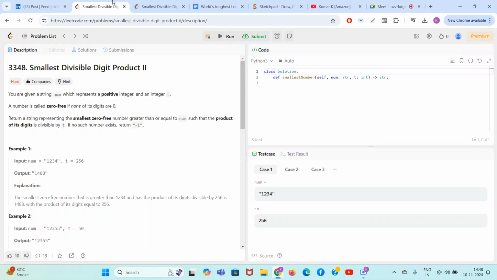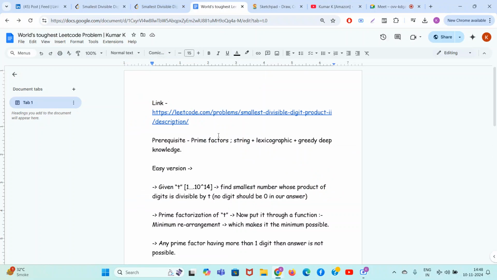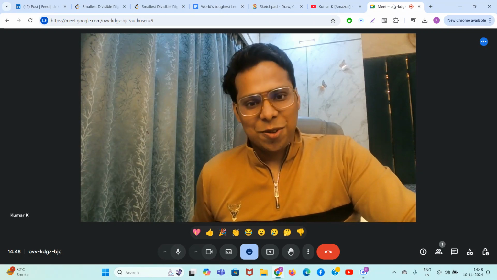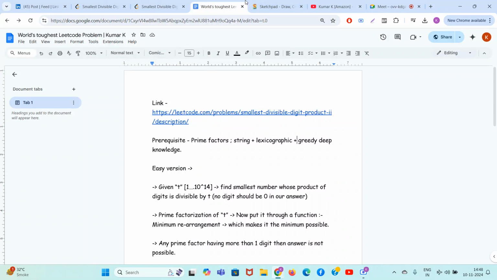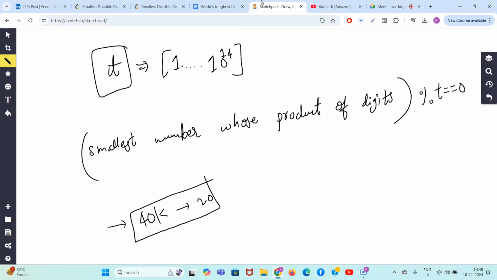Now, going towards the problem, it requires the knowledge of prime factors, deep knowledge of greedy algorithms and how to create your own greedy algorithms constructively, and very, very deep knowledge of string and lexicographic nature. If you know those things, this problem can be easy for you, but in general, it's not that easy. That's why it's termed as world's toughest LeetCode problem. So, what is the easy version of the problem? The easy version of the problem is